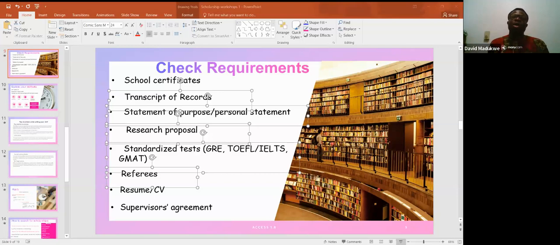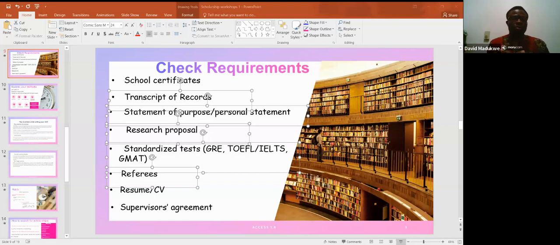So anyone that can speak for you or talk about your abilities, mostly it's your professors or your lecturers in school. But if maybe you don't get all of them, if you can get two professors and one person from your working place, that's a professional recommendation letter. That's equally a good one. Most schools require that you submit about 3 recommendation letters. So if you get 3 lecturers or 3 professors, that's quite awesome.